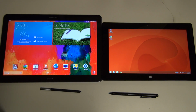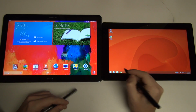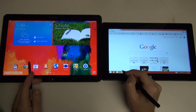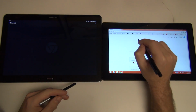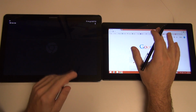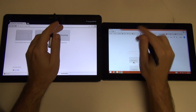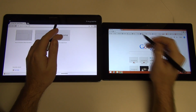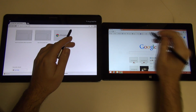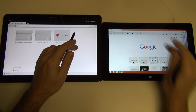Build quality, another thing I want to speak to. I'm going to bring up the browsers and then discuss the pens. I'm going to go into Chrome on each of these. Now, in terms of build quality, there's no question the Surface Pro 2 outclasses the product on the left. There's just no comparison at all. And that's because, it's one of those things where, let's see if I can actually just use my history here. Doesn't look like I can, so I will bring up